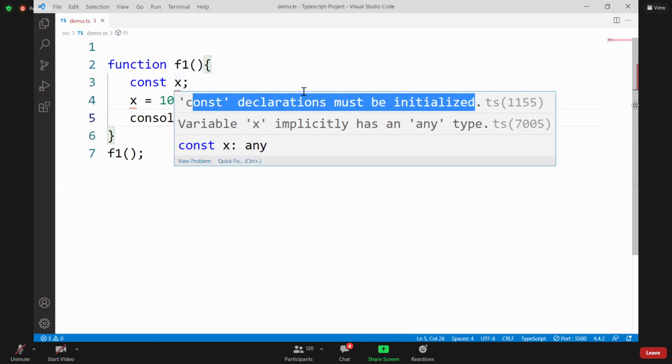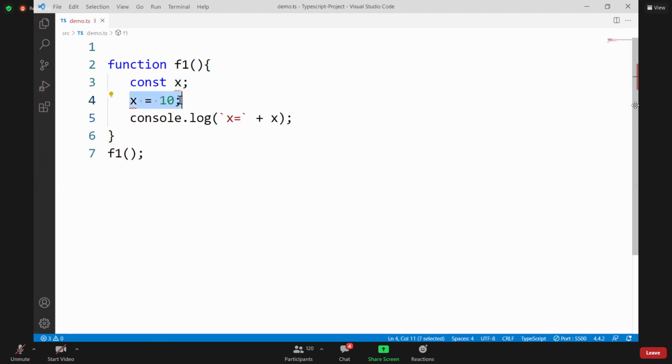And the second one is not initializing. That is assigning. So initializing is mandatory. That means you have to initialize some value at the time of declaring only. Okay, I initialized. After initializing, if I put x equal to 20, is it valid? It is not valid. Why? Because it allows only initialization.